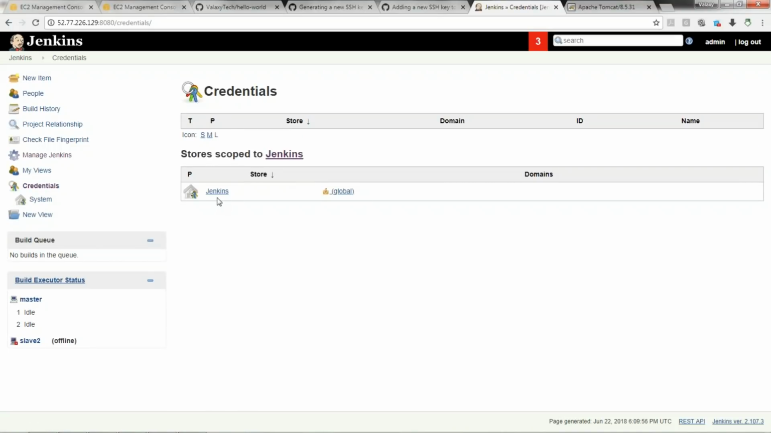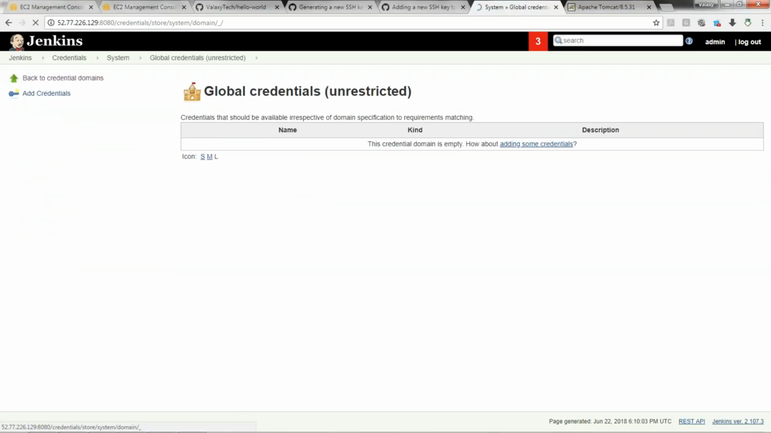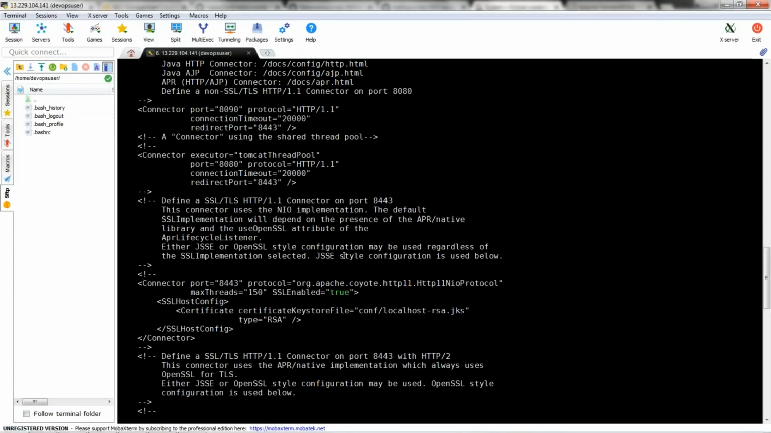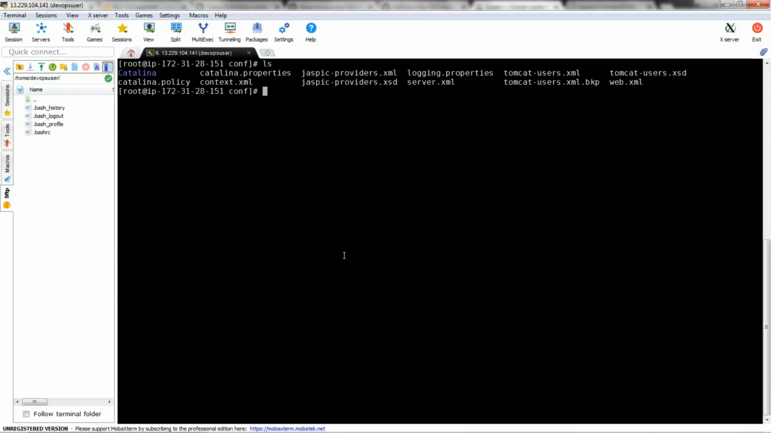Here there is an option to Jenkins and global credentials. Here there is an option to add credentials. This is where you need to provide your Tomcat server credentials. Now, how do you know what the Tomcat credentials are? If you remember correctly, when we were discussing how to set up our Tomcat server, I added some users in the Tomcat